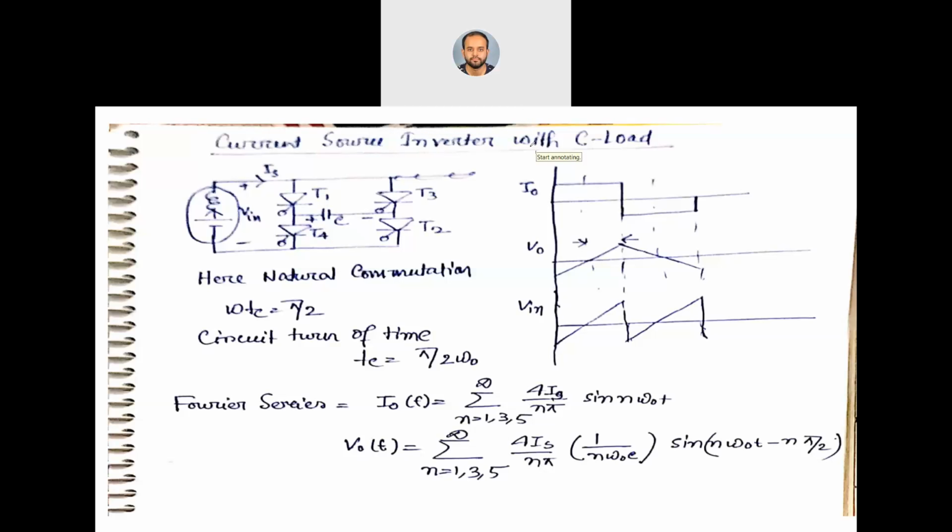Lastly, there is another application of current source inverter with RC load. You can do it by yourself. If you have any doubt regarding this, you can ask me. This is the end of your power electronics syllabus for module 3 and module 5. If you have any doubt regarding any topic from module 3 and module 5,